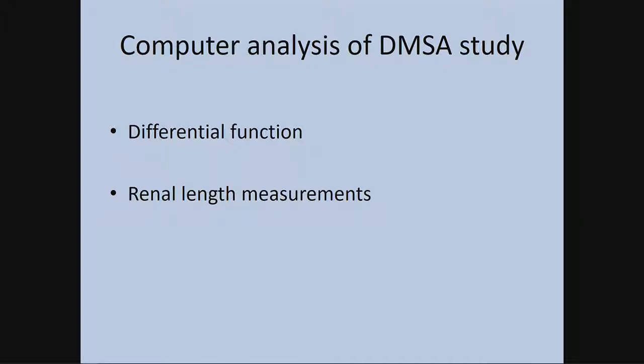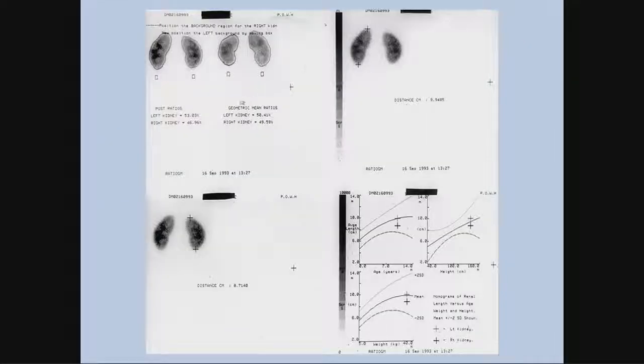What kind of computer analysis can be done? Differential function estimates and renal length measurements. Now, the guidelines say in children you only need to do the posterior view. You can also do geometric mean to compensate for differences in depth, but in children that's not usually an issue. Occasionally there may be a more anteriorly displaced kidney. We routinely measure renal length measurements because on DMSA it's very clear to see the upper and lower pole, and